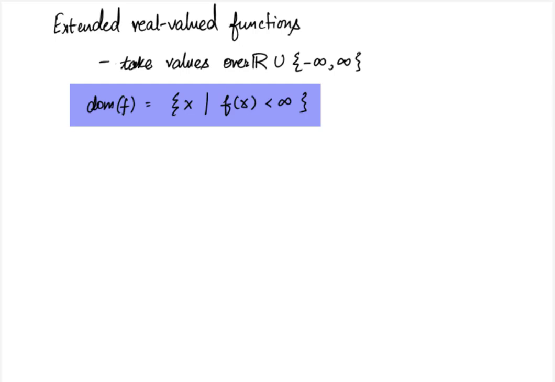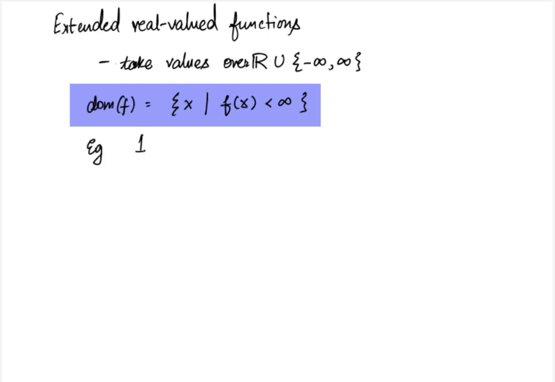Any analytic function is always defined in a way that it only takes real values, and infinity is not a real number. So you will not really find a function in the wild that will suddenly take the value infinity unless you explicitly force it to. Think of infinity as an isolated point outside of the real line, and we force f to take that value whenever x is outside its domain.